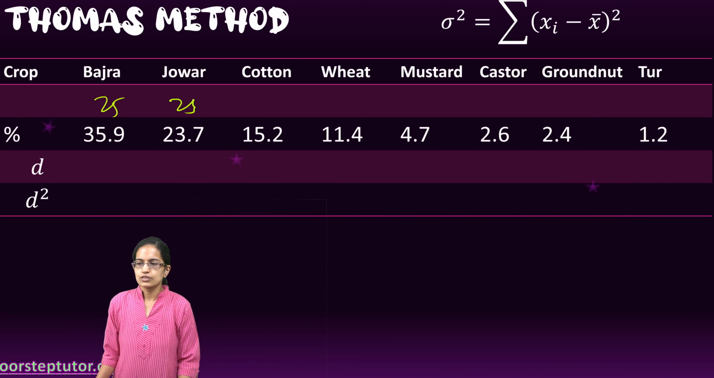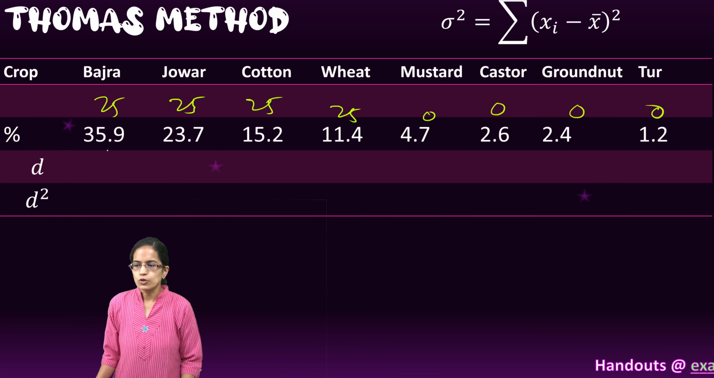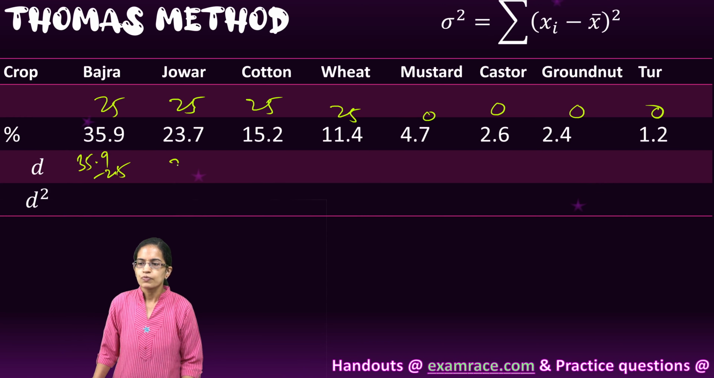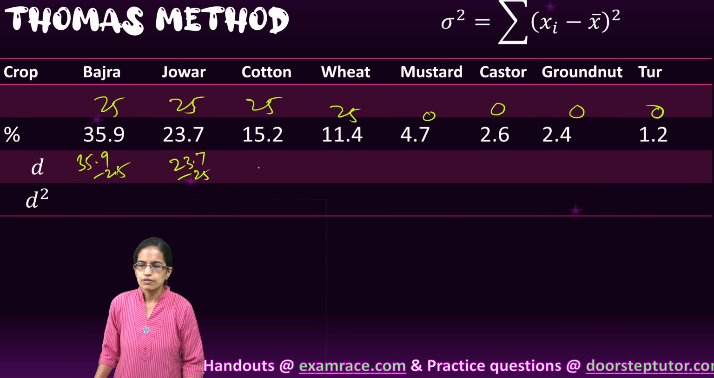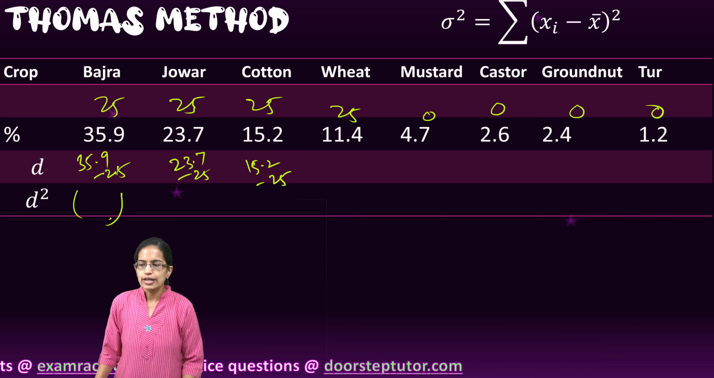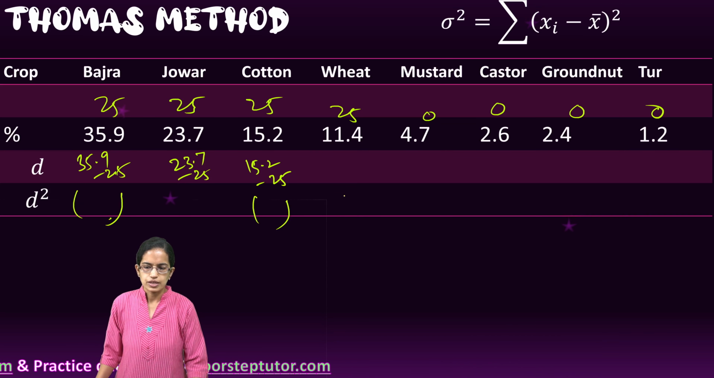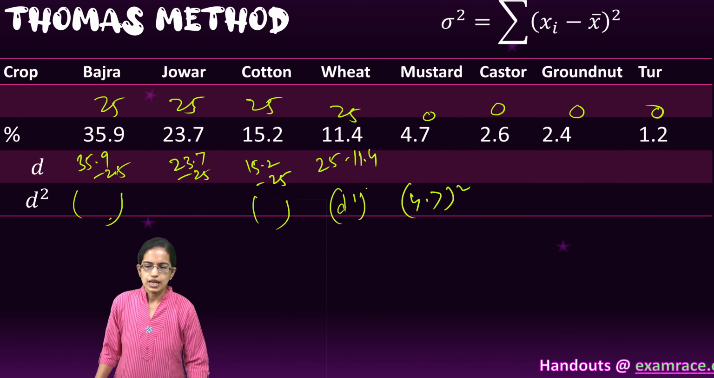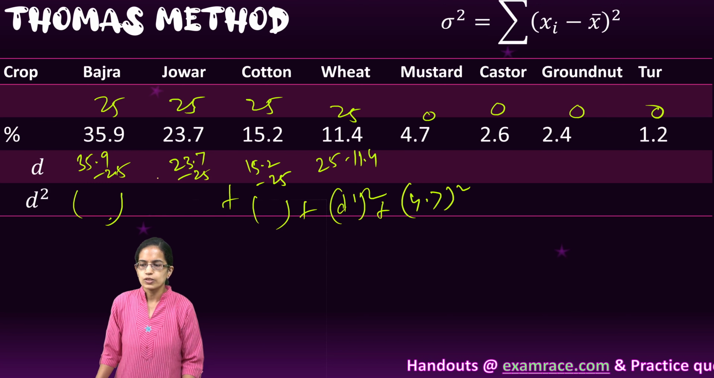I would divide this as 25, 25, 25 and 25, and the remaining as 0. Then I would again take the differences between these, 35.9 minus 25, 23.7 minus 25, 15.2 minus 25, and then I would square the differences that would come here. So 25 minus 11.4 and then 4.7 square. So all the differences and the squares, and then I add up all these